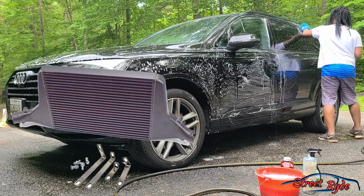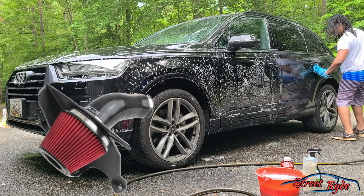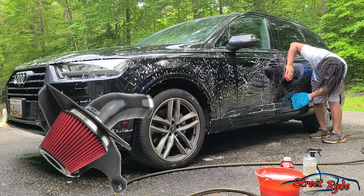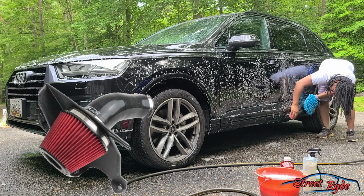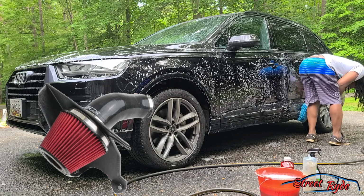Next thing I did change was the intake on the vehicle. Intake is very controversial because every car pretty much responds differently to an intake system, based upon how well the OEM manufacturer built the intake system for the vehicle. Obviously, a little bit